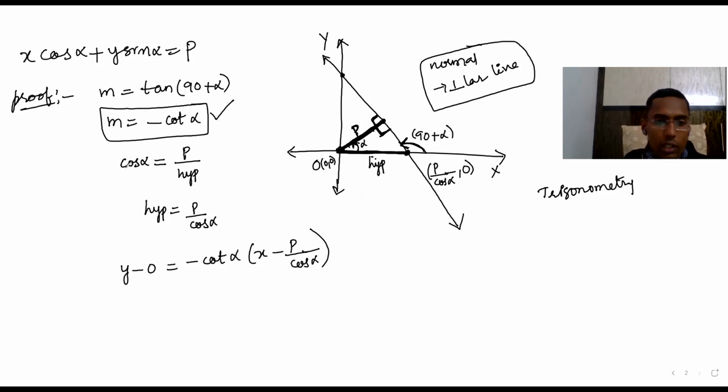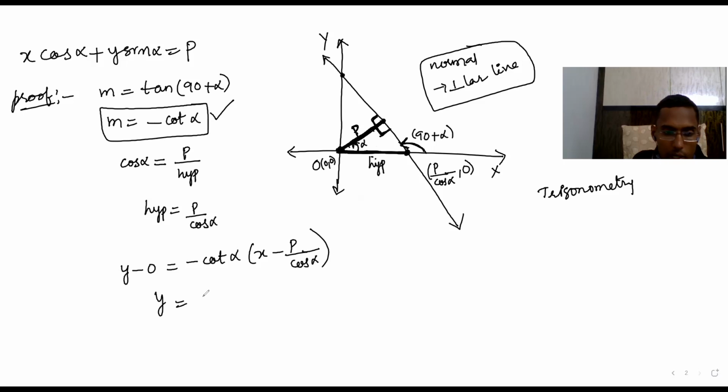So how did we find a point on the line? One point you need on the line. We found it by using the cosine ratio. This is alpha, the adjacent side to alpha is P, and we need the hypotenuse. We simply found this. Now it's over, such a simple proof.